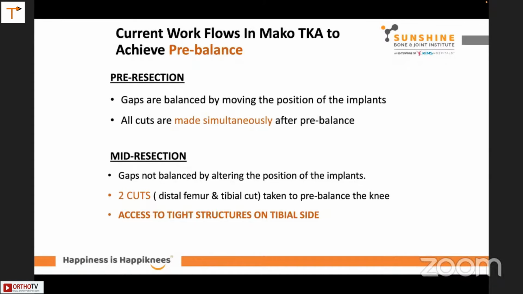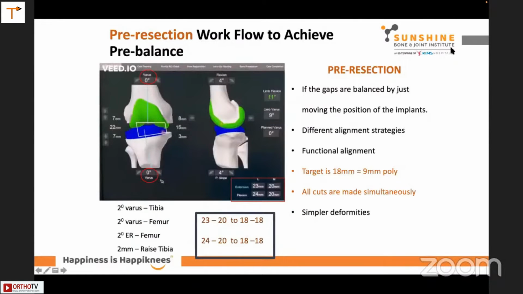And in mid-resection, if the gaps are not getting balanced by pre-resection, you take 2 cuts, that is the distal femur and the proximal tibia. Then you do your little bit of balancing, and then you get your balancing of the joint. So pre-resection, if you can just see this video over here, initially we start off with 23, 20, 23, 20